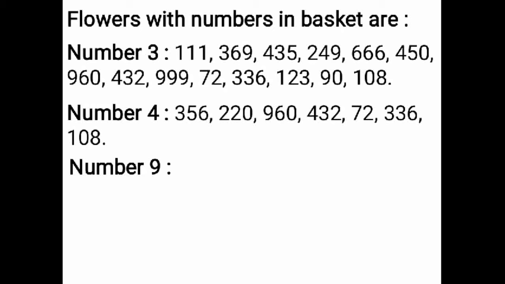I will take 2 examples. In number 356, the unit and tens place is 56. Number 56 is divisible by 4. If you divide number 56 by 4, you will get the quotient 14. 14 fours are 56. In number 220, the unit and tens place is 20. Number 20 is divisible by 4. If you say the 4 table, 4 fives are 20. So the number 220 is divisible by 4. So you have to do it this way.